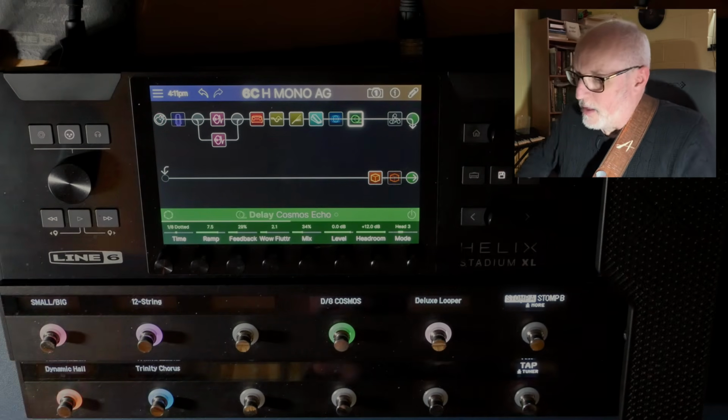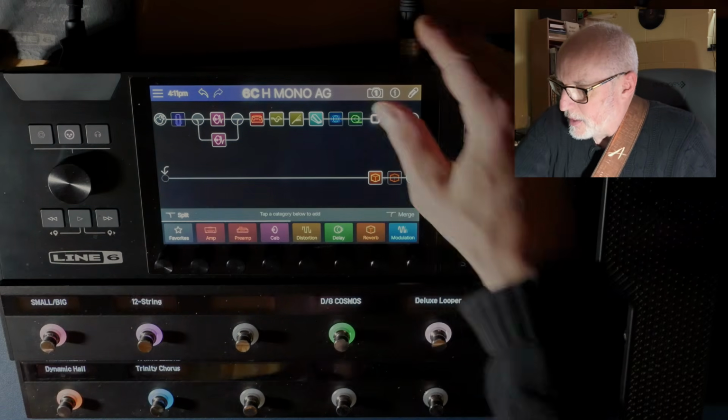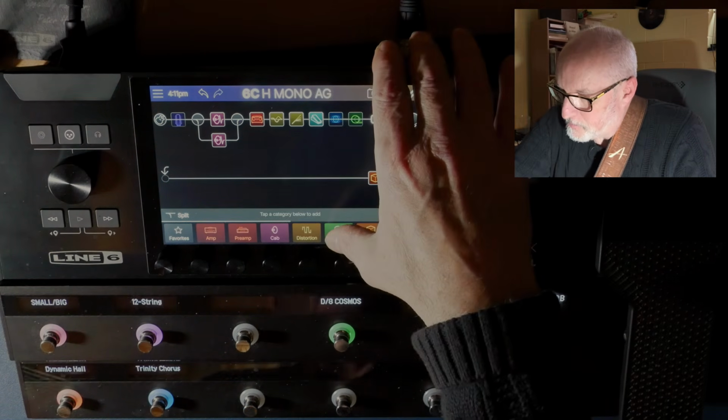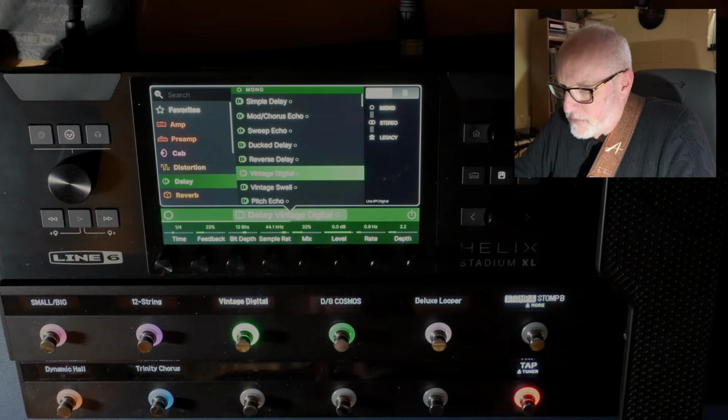I don't know if you can hear the hall reverb. It's just a really nice effect. It's especially nice in stereo if you ever have the opportunity to run stereo. Now, I'm going down here, and the other delay I like for acoustic is